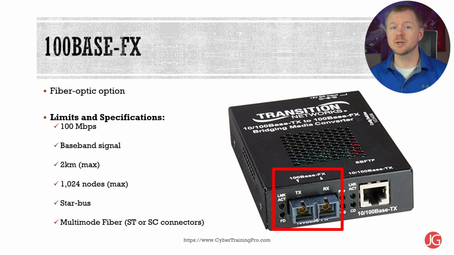Luckily, 100-base FX provided a fiber optic option. But keep in mind that even with this improvement, you aren't going to start installing this data technology today. Some of the key specs include speeds of up to 100 megabits per second, signal type of baseband, a distance of 2 kilometers between the hub and switch and the node, a node limit of 1024 nodes per hub or switch. Topology is a star bus, physical star logical bus. The cable type is multi-mode fiber optic cabling, OM1 with ST or SC connectors.